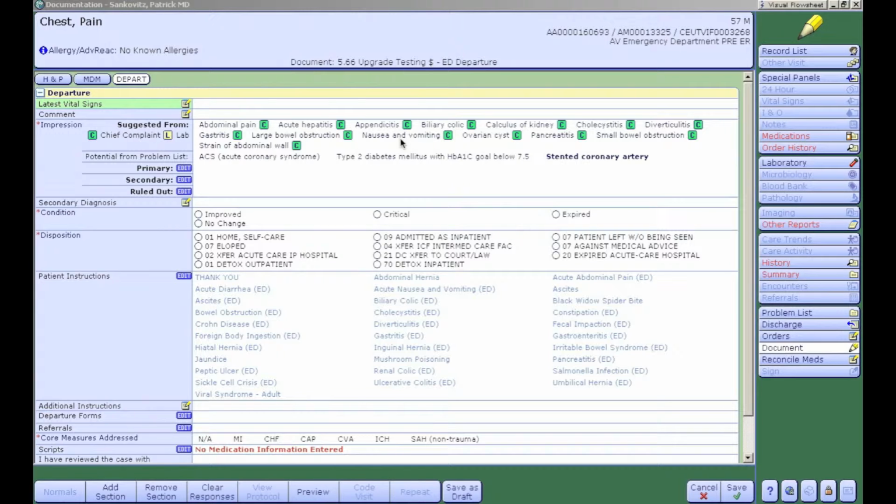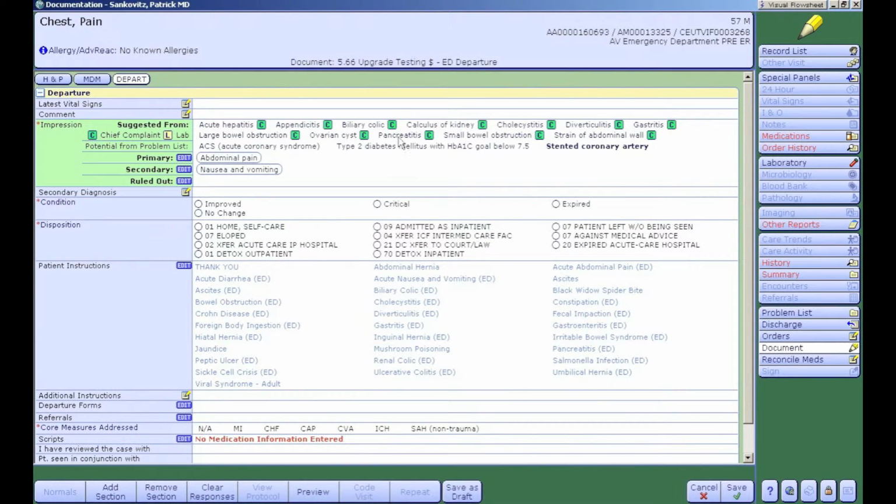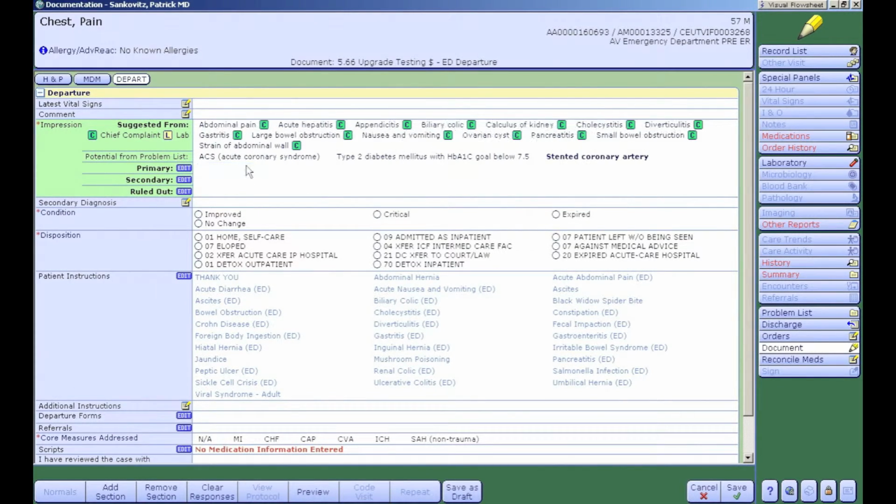of abdominal pain. The function works the same with the mouse. Left-clicking will add that suggested clinical impression as the primary clinical impression. Any other left-clicking will add secondary clinical impressions. Left-clicking puts them back into the suggested line, and of course now right-clicking will add them as ruled out clinical